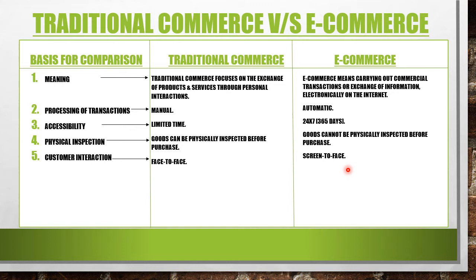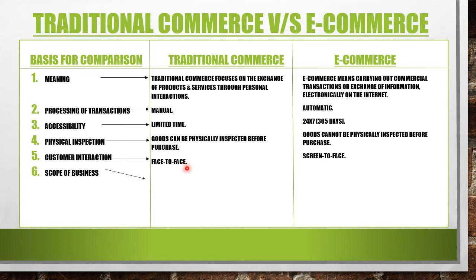If you want to buy anything, you open that site, so you are just going to see the screen and your face. You are not going to see who is selling the product. The seller cannot see the buyer's face and the buyer cannot see the seller's face, right? But in traditional commerce, it is not like that. You both can see each other's face. So here there is customer interaction, which means the customer can bargain with the seller. But in e-commerce, he cannot bargain. Whatever the price is given, he or she has to buy the product at the same price. But in traditional commerce, it is not the case.